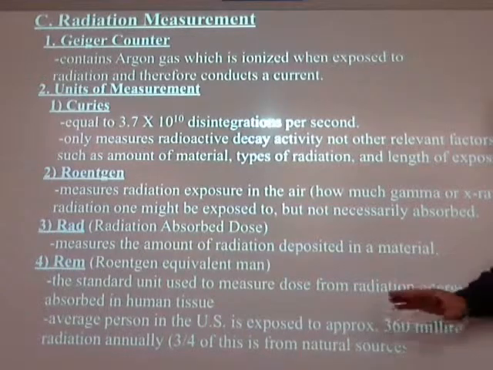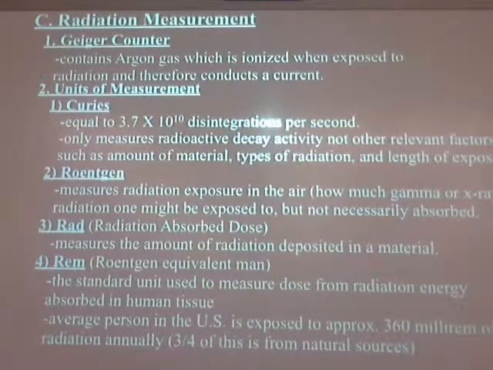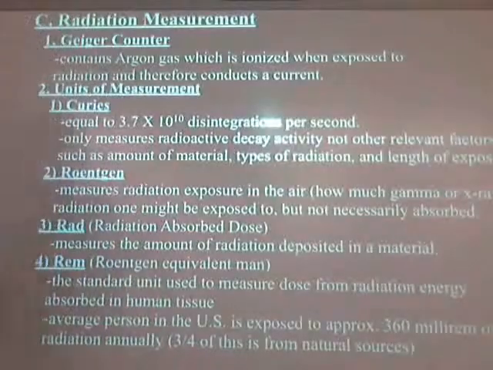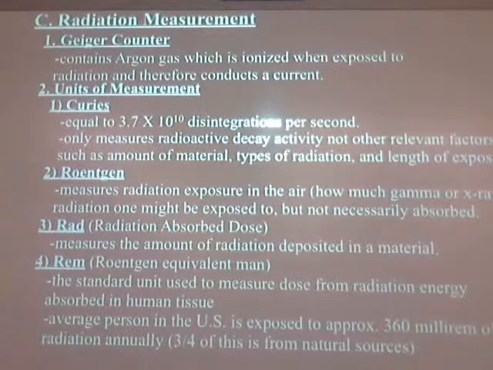360 millirems is the average amount you would get from natural sources, and by the way, three quarters of that is from natural sources. Now, you can get a lot more based on where you live, believe it or not. If you live, for example, in the Rocky Mountains, which are naturally radioactive, with a lot of radioactive isotopes in those rocks, you'll get about twice the background radiation that you would get from living here. But there are places in Pennsylvania where you'll get 2 or 3 or even 4 or 5 times the amount of natural background radiation